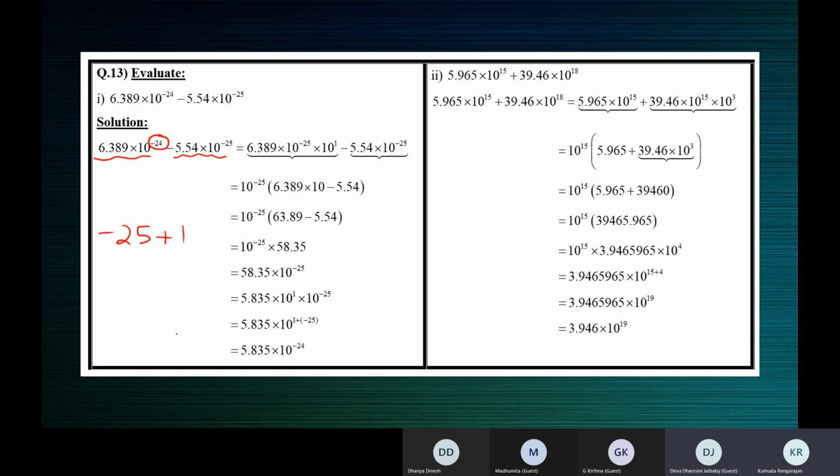I break down minus 25, as I want minus 25. So minus 20, how will you introduce minus 25 using minus 24? Minus 25 plus 1 is minus 24. In other words,